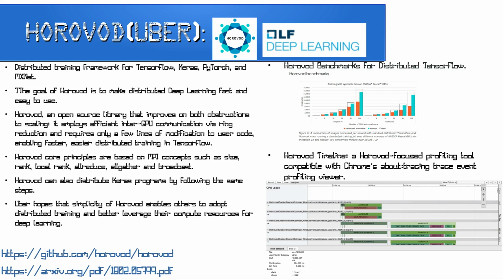Project 7, Horovod. Horovod is a distributed training framework for TensorFlow, Keras, PyTorch, and MXNet, an open source component of Michelangelo's deep learning toolkit developed by Uber, which makes it easier to start and speed up distributed deep learning projects with TensorFlow. Uber found themselves in need of a way to train using a lot of data while maintaining short training times. To achieve this, the Uber deep learning team turned to distributed training, and the details are found in their paper titled Horovod: Fast and Easy Distributed Deep Learning in TensorFlow, or visit the GitHub repository of Horovod, that is